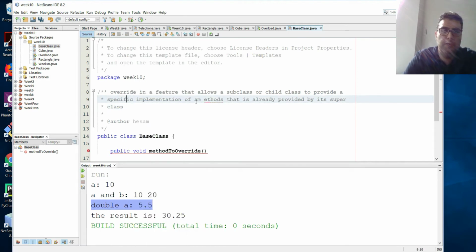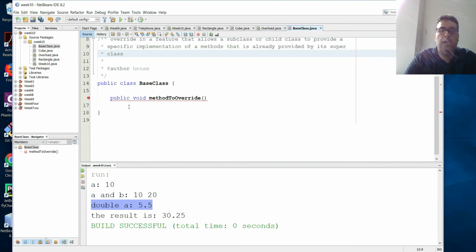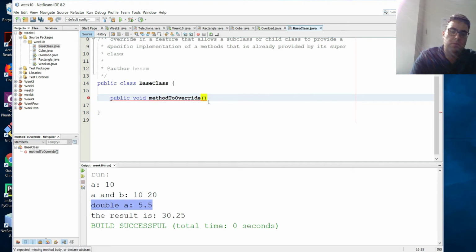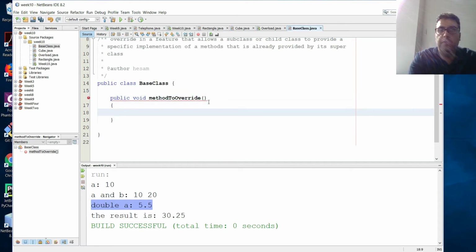So let's say I have this method to override, and just want to make sure. And this method, basically what it does is just print